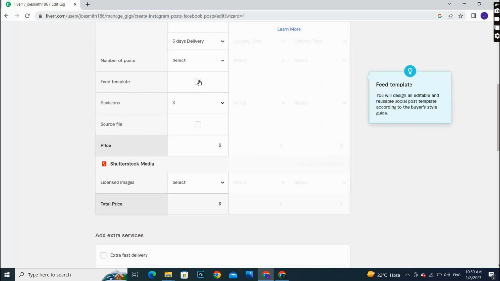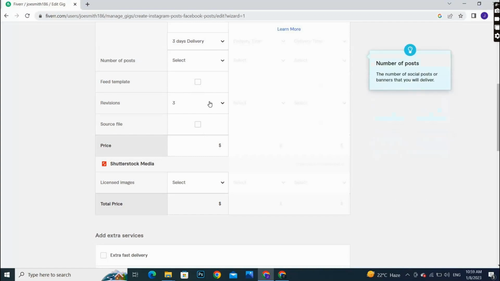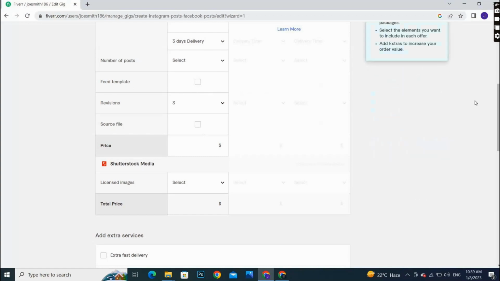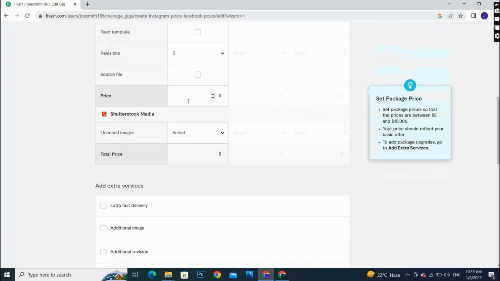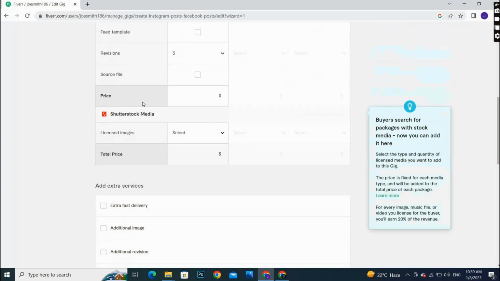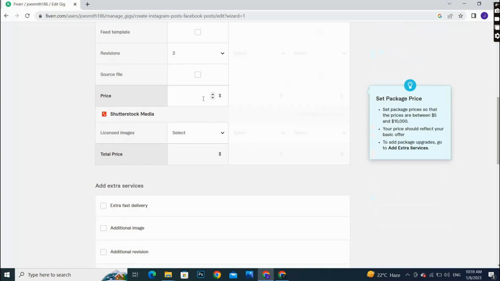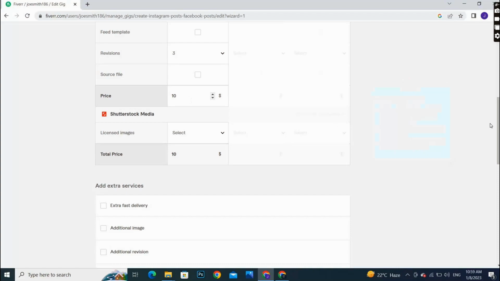I will select these options or services in my standard or premium package, but this is the basic package, so I will go with the simple one. And here you will select your price. So I will set $10 for this package,